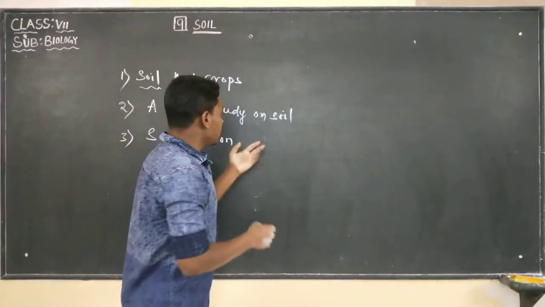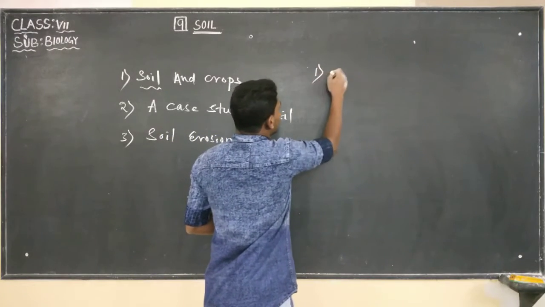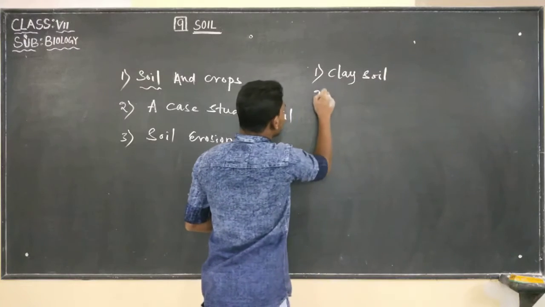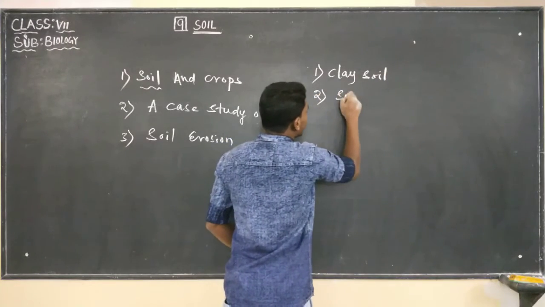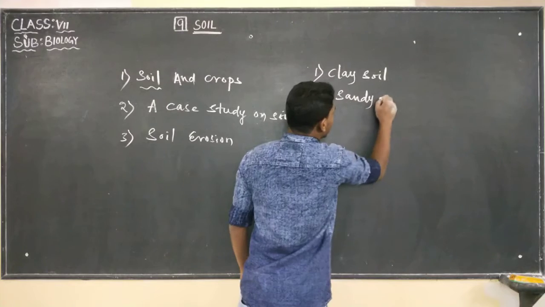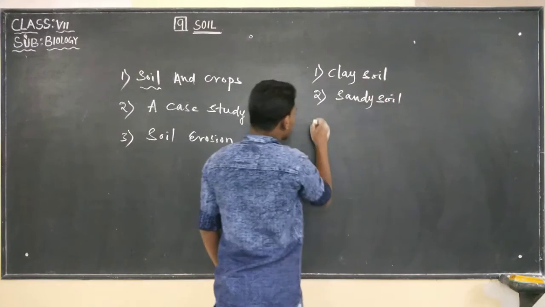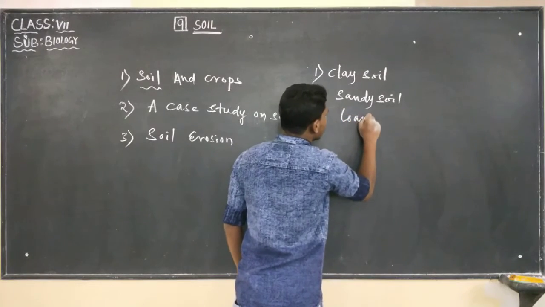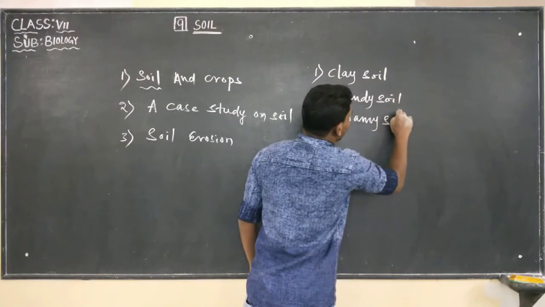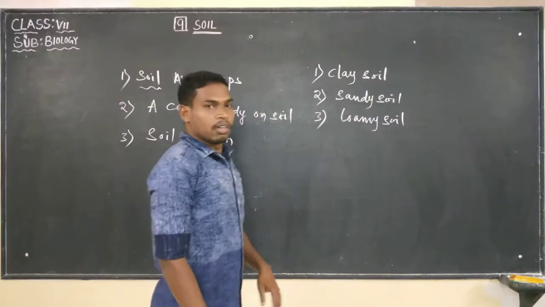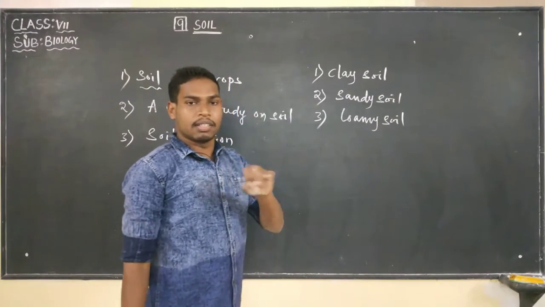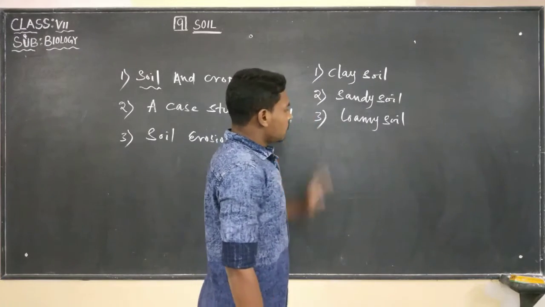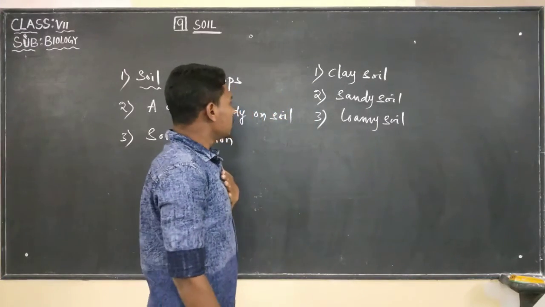For example, in some parts we may have clay soil, in some parts we may have sandy soil, and in some parts we may also have loamy soil. So these are the different soils. They are found in different regions of India, and this soil is affected